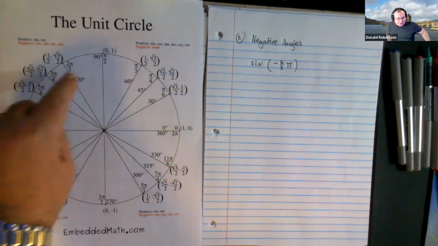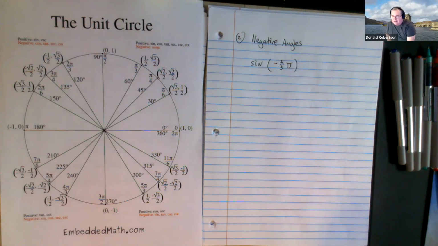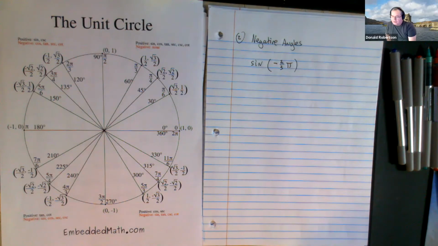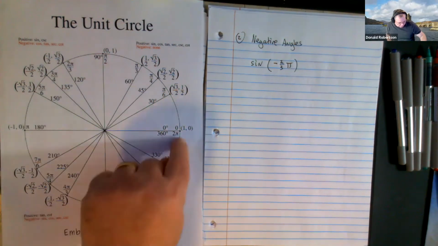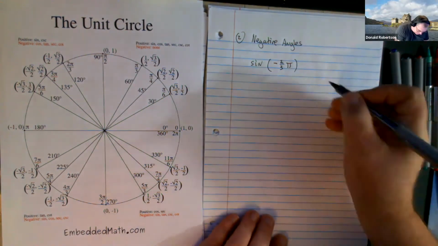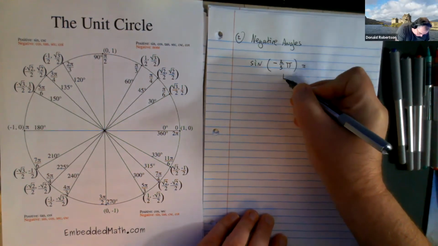There is no negative 2/3 pi on this circle. In fact, there are no negative angles at all in this picture, right? Because unit circles are designed from 0 to 2 pi or 0 to 360 degrees, right? That's the usual way to write them. So that means we have to convert this angle